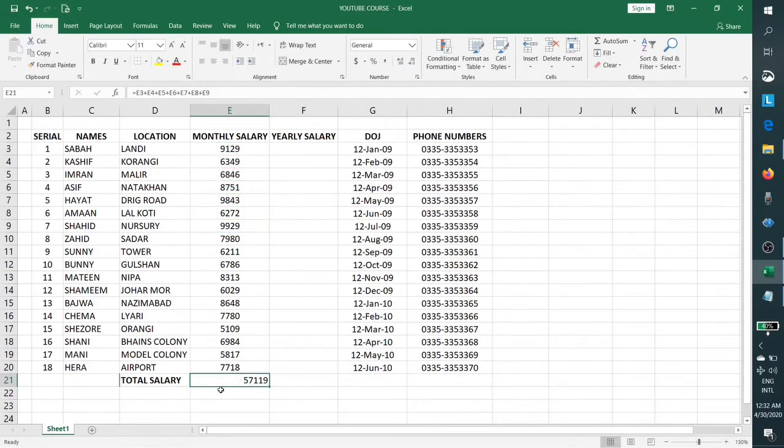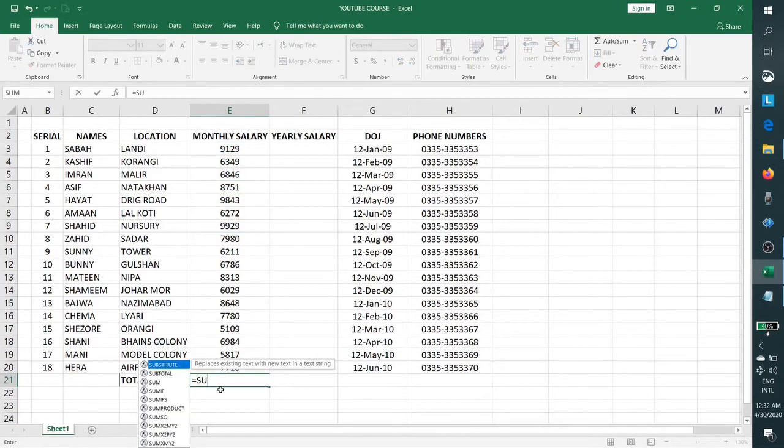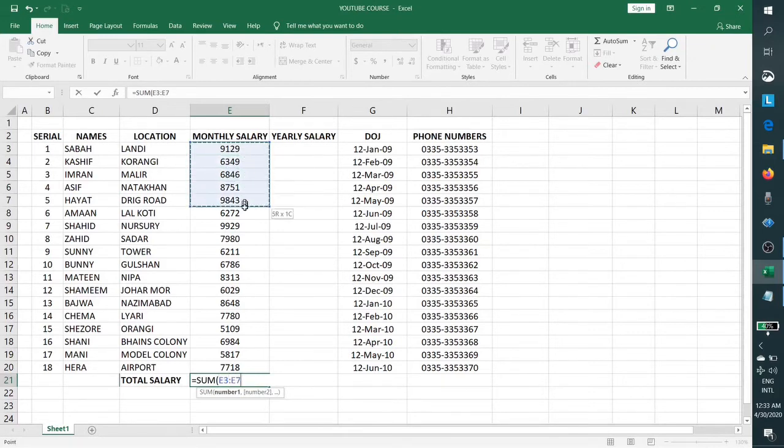Now for an Excel function, if we go to the sum function, it's given number 1, comma, number 2, and so on and so forth. So let us just hold cell E3, and we can bring down the mouse till the last cell, remove our mouse click, and close the braces.